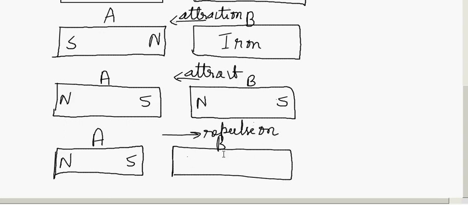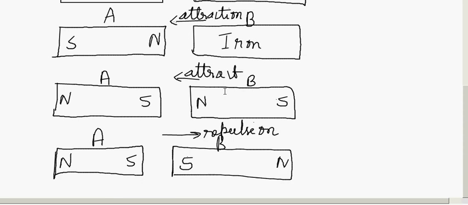In that case, what happens? We can say that the bar B is magnetized and this is the south pole and this one is north pole. So repulsion is the sure test of magnetism. On putting the two iron bars in front in different positions, repulsion is observed. If there is a repulsion, then it says that both are magnetized.